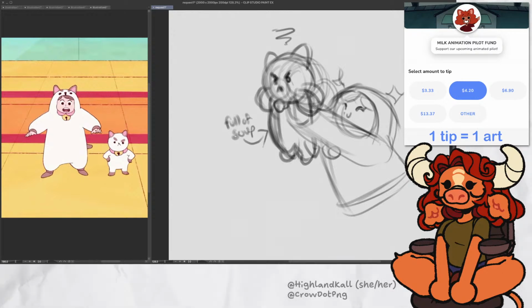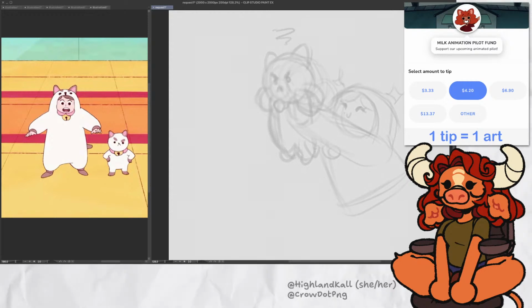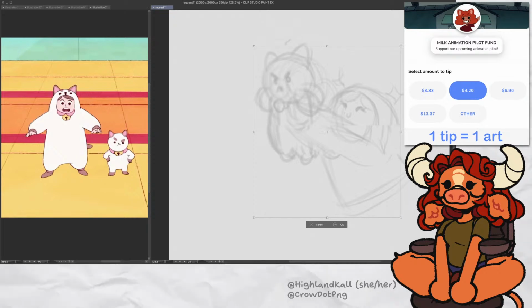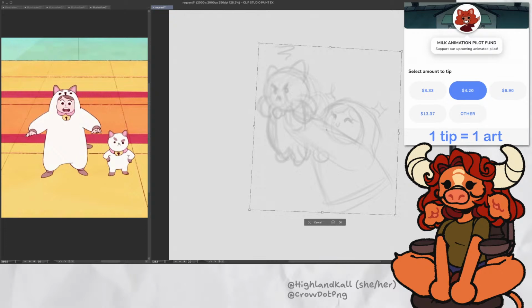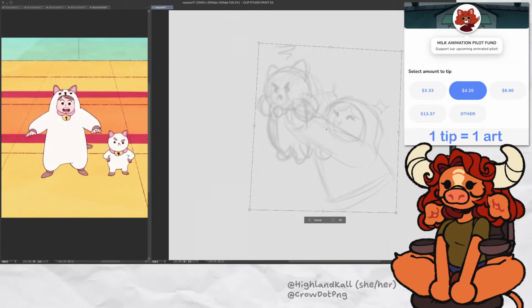He's full of soup. Okay, and I could figure out the rest in the line art. Let's shrink this down a little bit because I realized I forgot to shrink down the other one before I did the line art. And let's check the chat here again. Yeah, they do. I am giving them all U2's eyes.